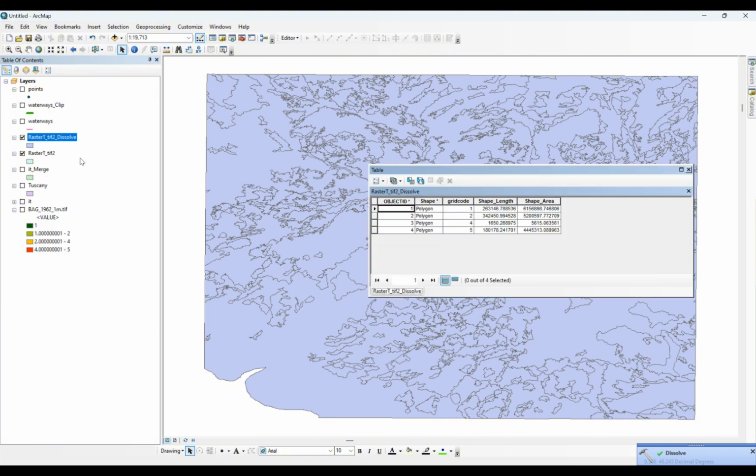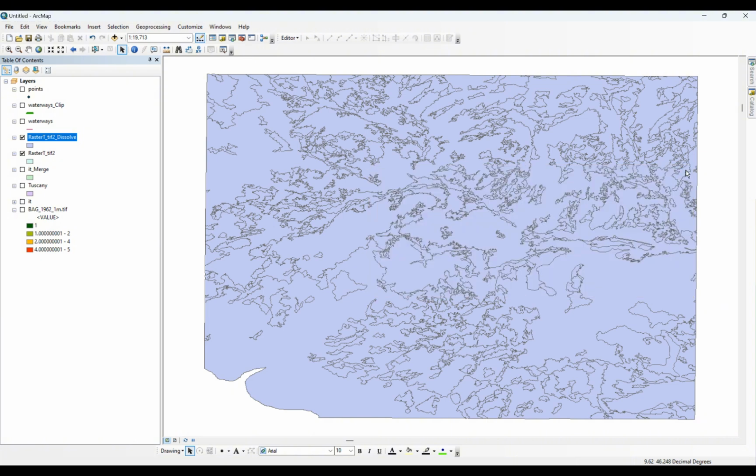If I open the attribute table, we have just 5 classes. This is the efficiency of dissolve, and it's very useful for working with these types of vector files that have a lot of